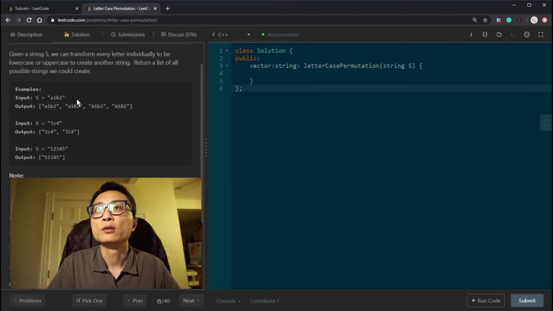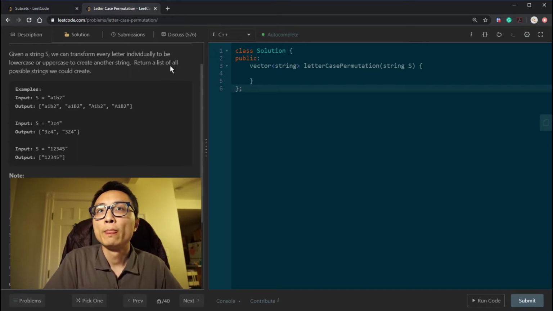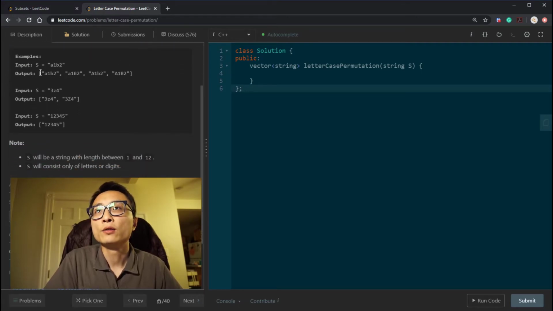And then is 784, letter case permutation. What we have is an input string. We need to transform every letter individually to be lowercase or uppercase to create another string. And we need to return all the possible strings we could create. So as an example, we have A1, B2. The digits don't have a lowercase and uppercase distinction. So all we need to do is come up with all the possible upper and lowercase combinations among the alphabet,